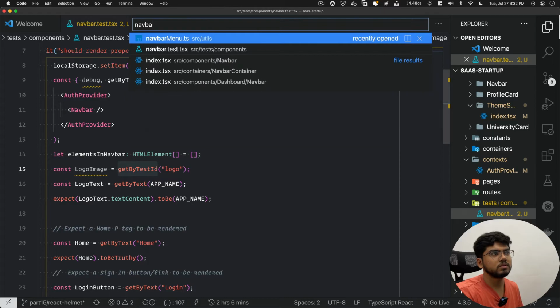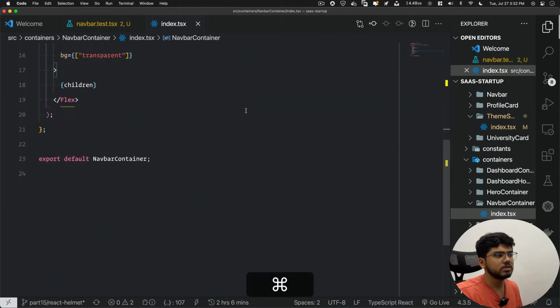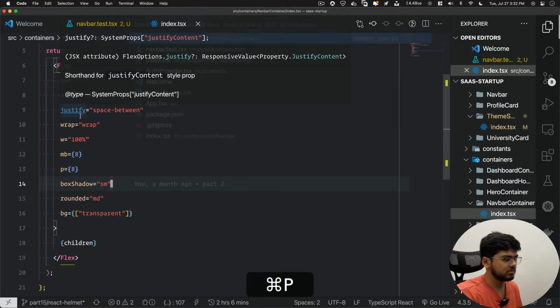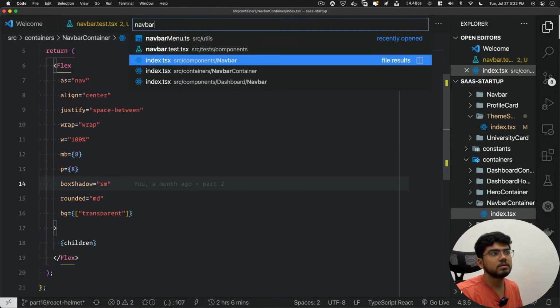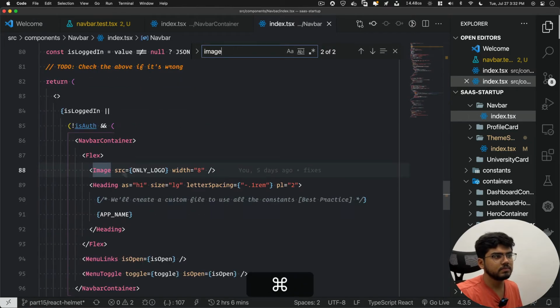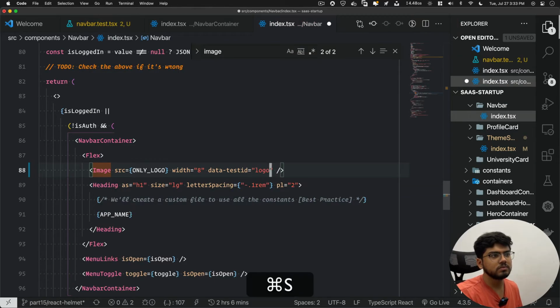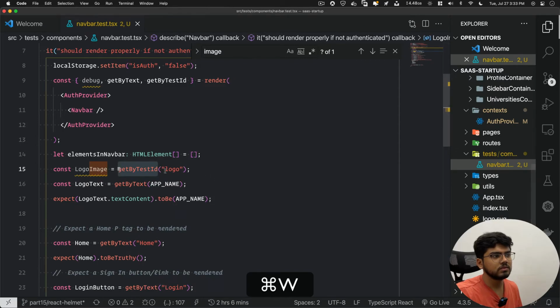So we'll go inside navbar first, and we'll see where we have the image. Most probably it should be inside this navbar, then image. Yeah, data test ID is equal to logo. Now we'll go and see whether we are getting logo image or not.